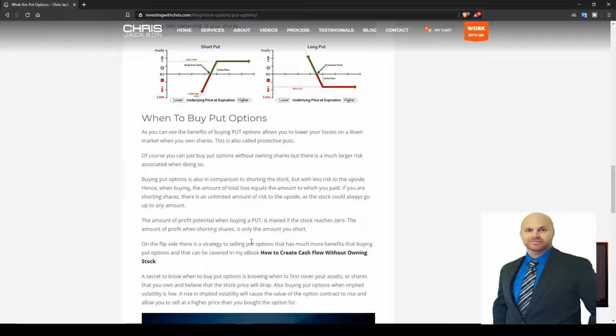Okay, so when to buy put options. As you can see, the benefit of buying put options is that it lowers your losses in a down market when you own shares. So there are two ways to make money in a down market: you can buy or sell put options. And I've already explained you want to sell put options specifically when you're interested in